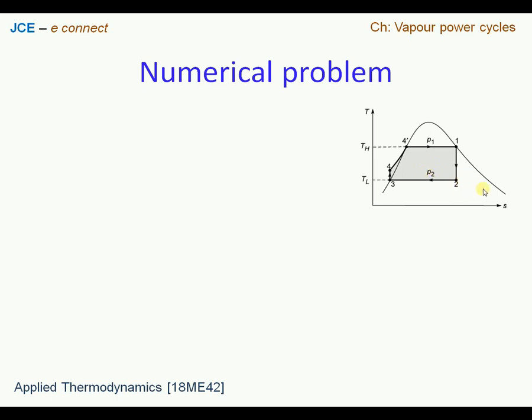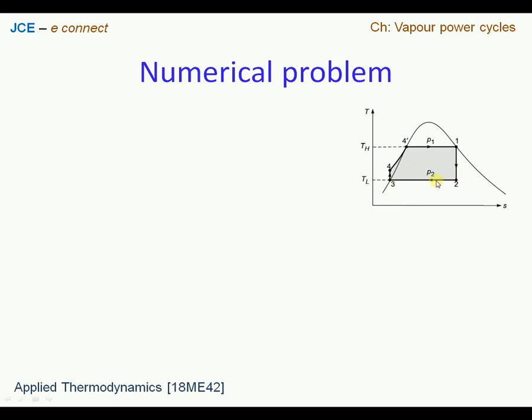This is the condenser pressure, on the lower side, P2. Now we see that point number 1 is on a saturated vapor curve. Any point on this curve is called dry saturated, since they have given us that the pressure is 15 bar and the steam is supplied at a dry saturated condition. Therefore point number 1 is on the curve. The expansion process taking place inside the turbine is an isentropic expansion process, therefore it has to be a straight line. And we have this point where it touches the condenser pressure as point number 2.